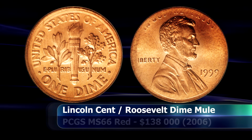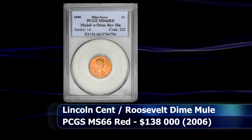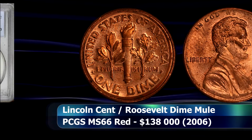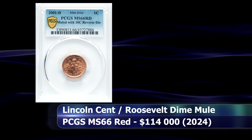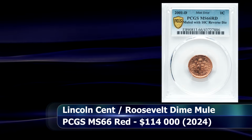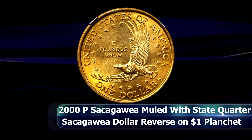The auction record belongs to the 1999 coin, graded as PCGS MS66 Red, which was sold in 2006 for $138,000. But in 2024, one of the 2001 D coins was sold at auction, graded as MS66 Red from PCGS for $114,000. In the year 2000, the first of the new Sacagawea or Native American dollars were being released into circulation,